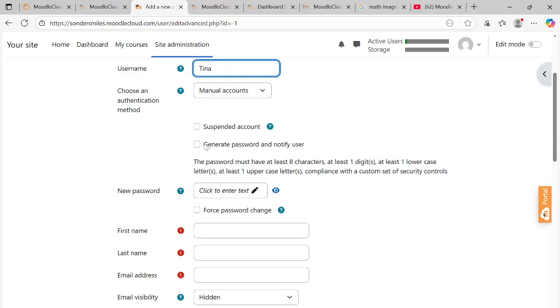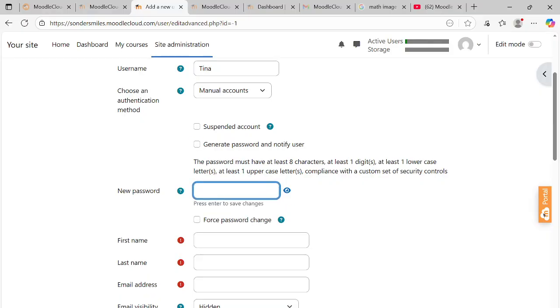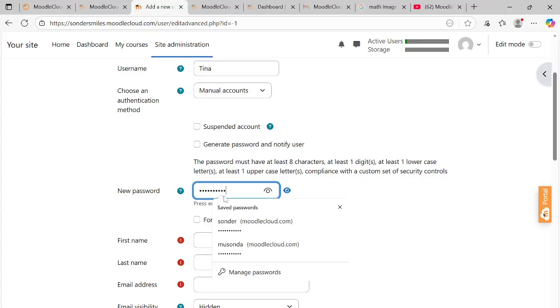Generate a password. We won't click that unless the email was the correct one. All right, password. We're going to change that password to something a little bit complex. It should have a combination of